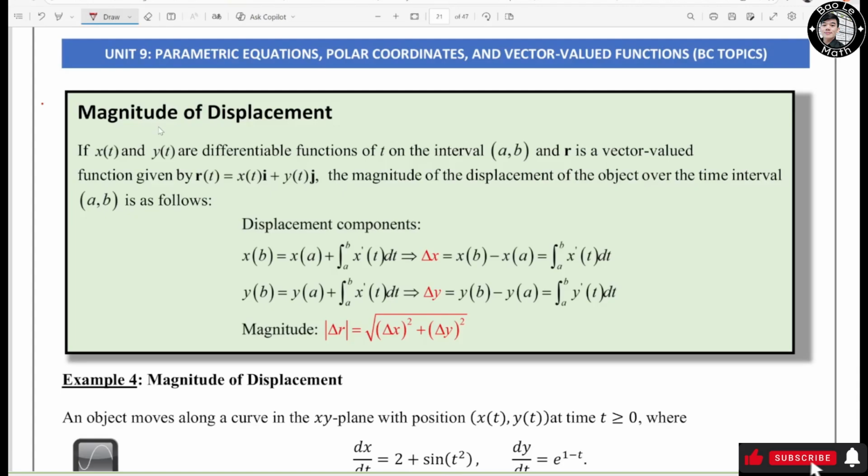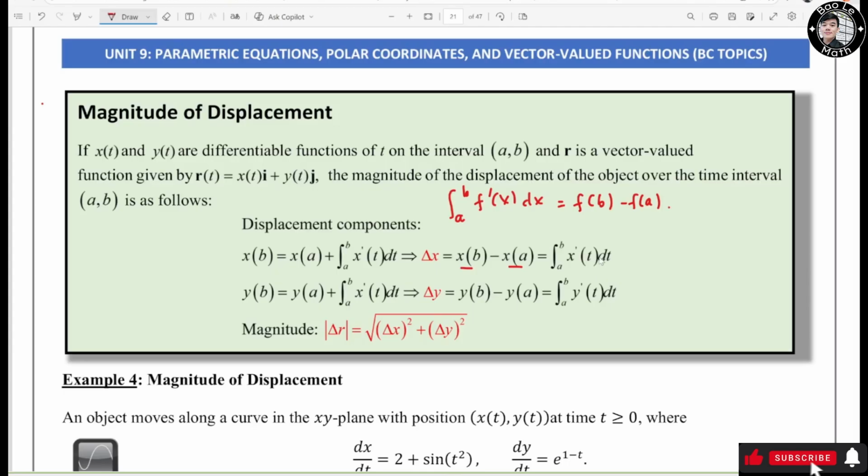Hello everyone, in this video we're going to continue the topic 9.5. We're going to learn how to find the magnitudes of displacement. First, we need to find the displacement components, delta s and delta y, by using the fundamental theorem of calculus: integral from a to b of f prime of s ds is equal to f of b minus f of a. So we have s of b minus s of a equals integral from a to b of s prime